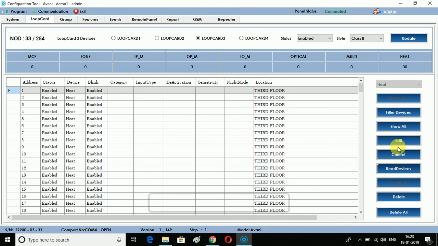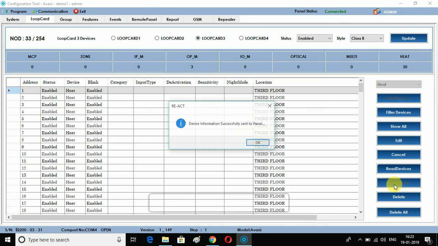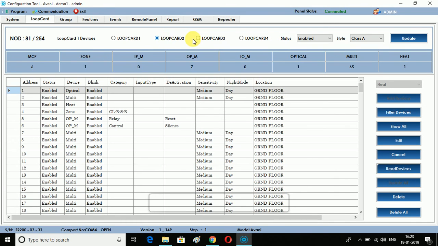Same, Edit and Update All. So the location programming for all the 3 loops is done.